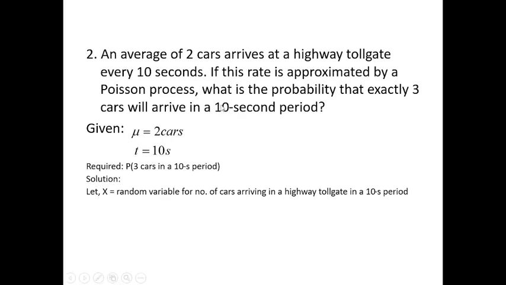And this is the time interval. So, now, we proceed. That's our random variable, number of cars. And we have the average number of cars is 2. So recall that this is the formula and we are to apply it. So the probability that x is equal to 3 in a 10-second period. Okay, so we have e to the negative 2 multiplied by 2 cubed